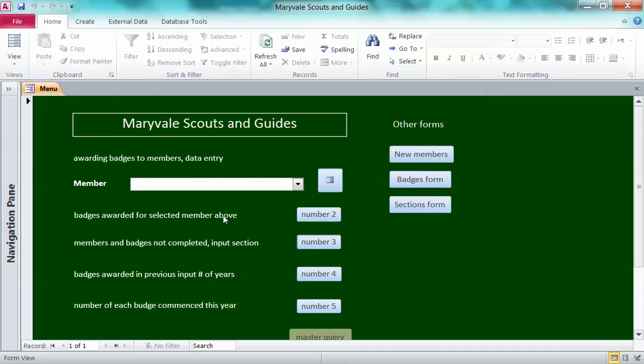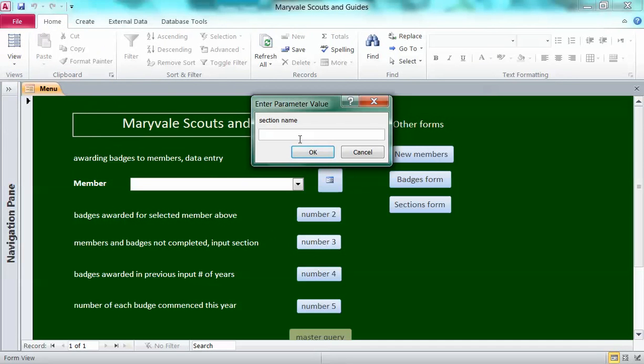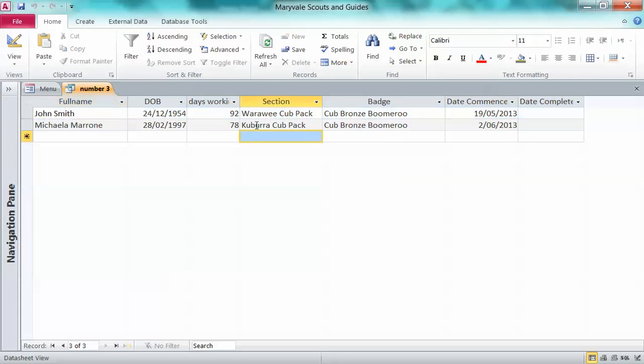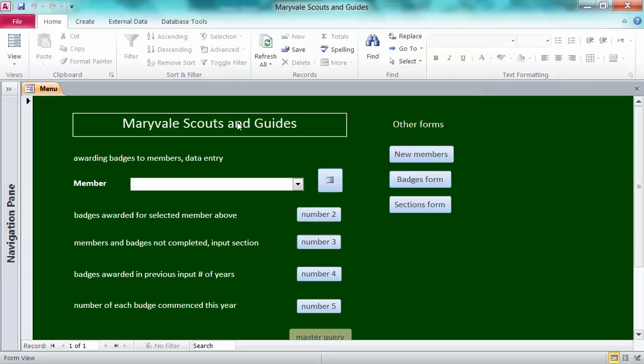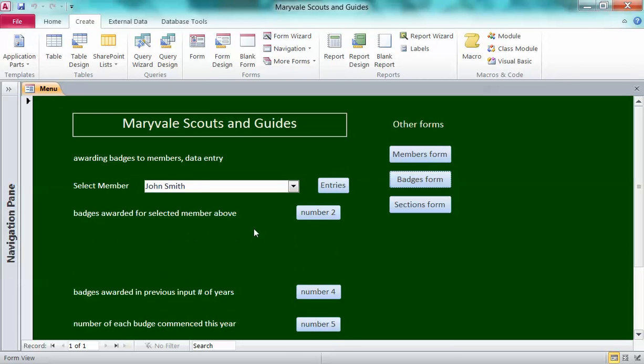As a demonstration of the type of output, the user will type in part of a section name such as cub, and the output will show for these two different cub packs the members, and they haven't completed the badge. So the query that we'll make is to list the members who have not completed a badge for a section